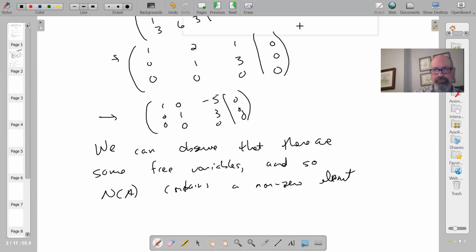What I would like for people to think about, when they're developing a solution for that problem, is that anything in the null space of A is going to give you a non-trivial relationship between the columns of the matrix. So to actually write down what one relation might be, just take one of the basis elements that you found for the null space. That basis element is going to encode a relationship between the columns of A.